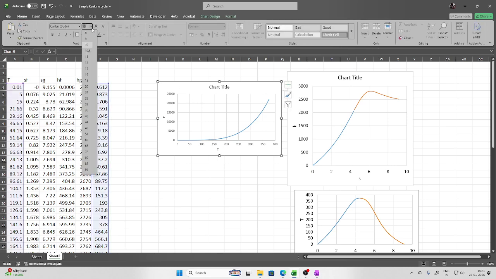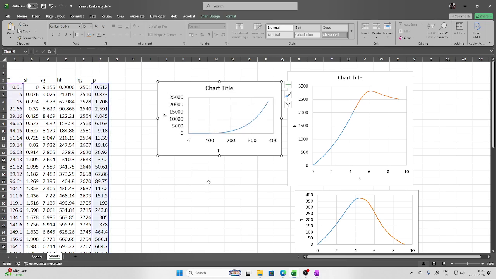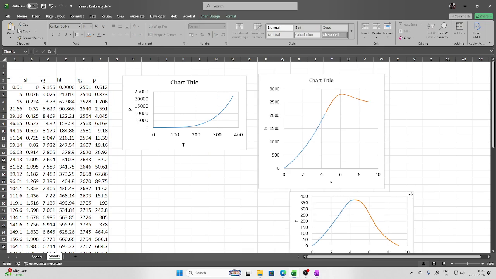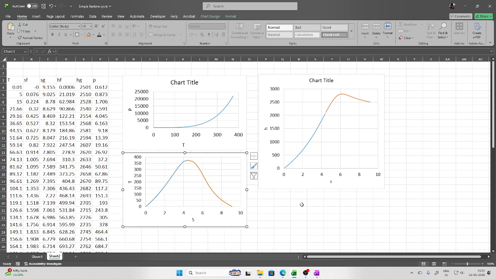If you want, you can increase the font also. That's it, friends. So it is very simple. Once you have those add-ins with you, that means the properties of steam with you, then you can play like anything. It is so simple. So I hope now you know how to draw the pressure temperature, temperature entropy or enthalpy entropy diagrams. Okay, so it is very simple. And still if you are wondering how it has been done, because I have done it previously,